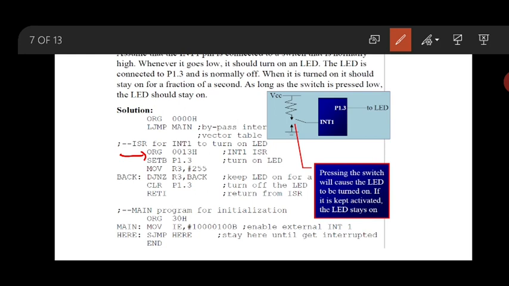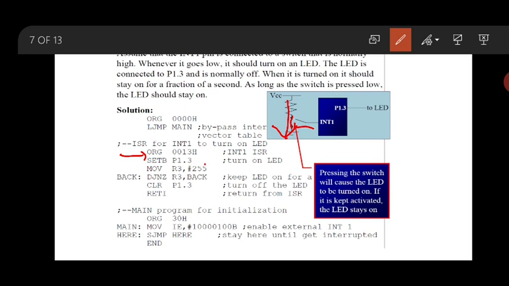Now, when it goes to 0013, SETB P1.3 turns on the LED. The LED has to be turned on because your LED is connected to port P1.3. Look at this one. Now this is my switch. INT1 is high. The switch will be connected. It is a level trigger, which means VCC will go to ground here, and at P1.3 INT1 is generated. Where will it go? It will go to location 0013.